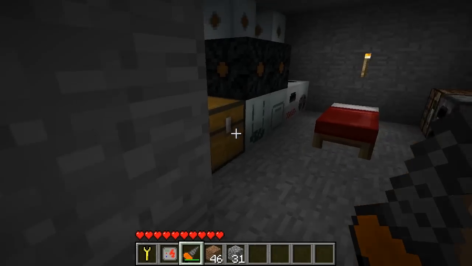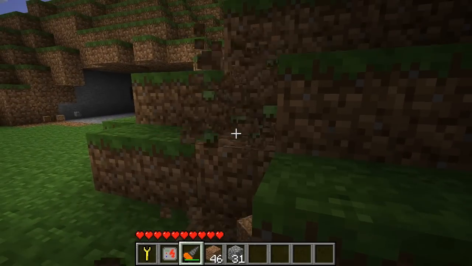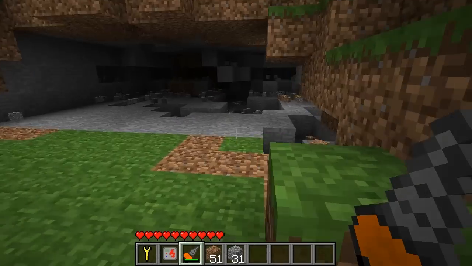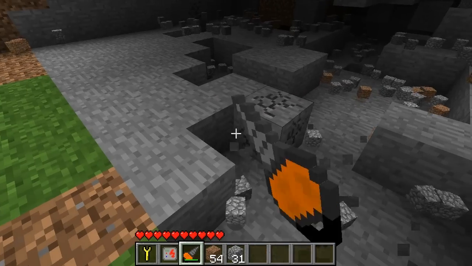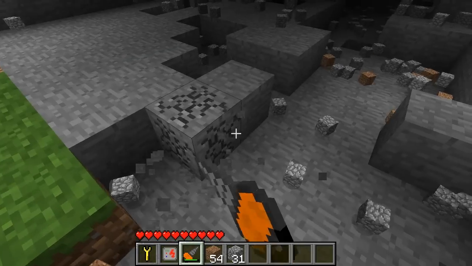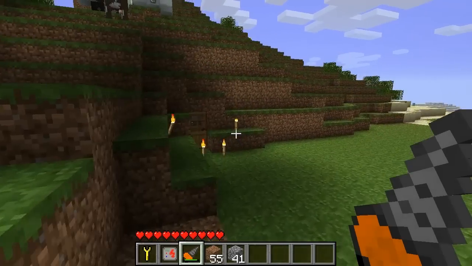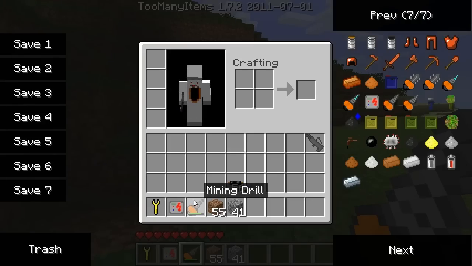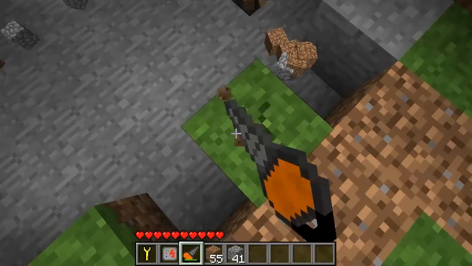So this mining drill, it digs through things very quickly, like dirt and stone products. In fact, I think it's faster than any pickaxe. Also, it can't break. It will just run out of power and you have to charge it again. And how we charge this thing is with... Oh, I think it has to completely run out first, so...